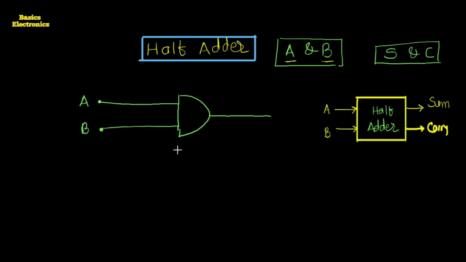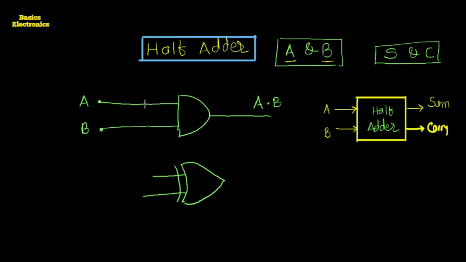Okay, it means here the output of this AND gate is A dot B. Now the second gate we are using is the XOR gate. I am going to draw here the XOR gate, and the XOR gate also has the same inputs. First input is A and second input is B.